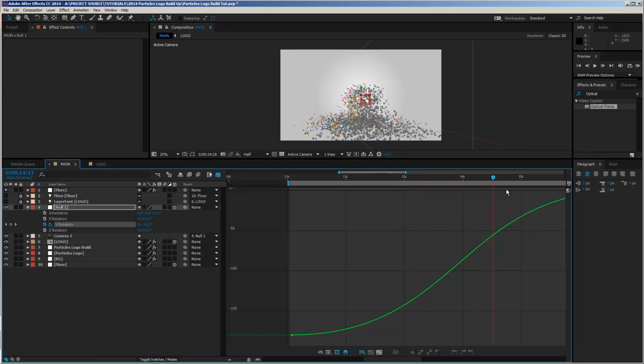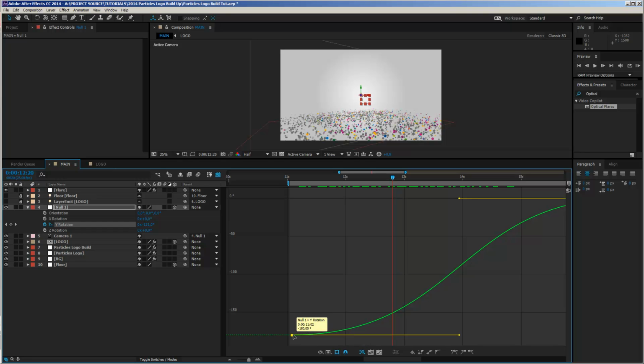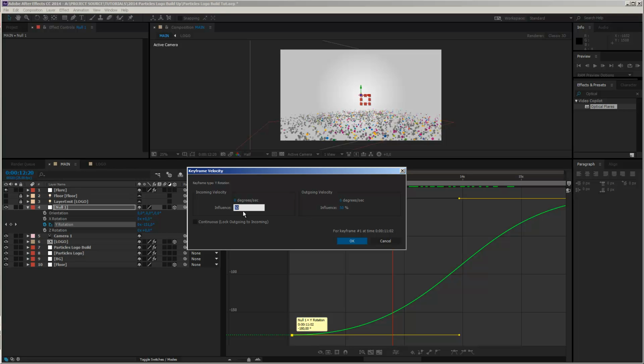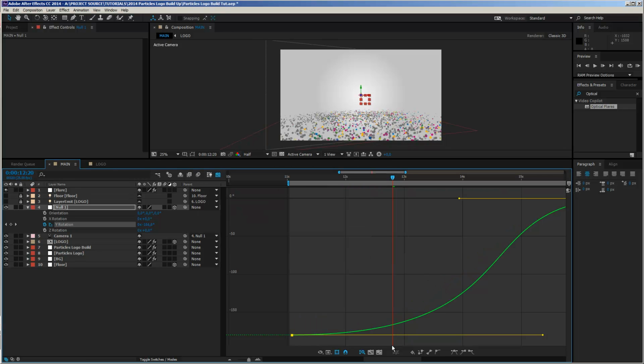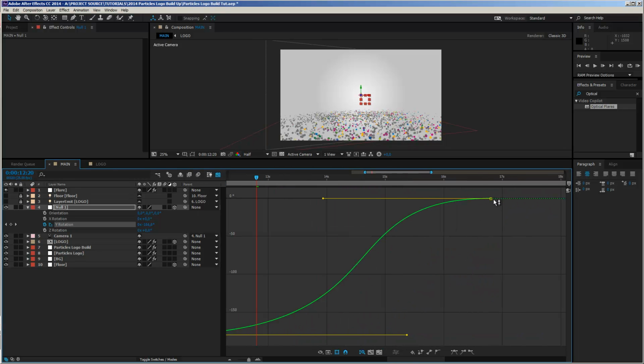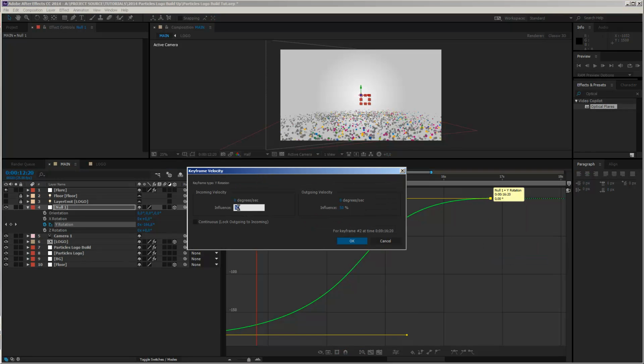It looks quite good, but it's not there yet. I want these to really, let's see, not 50%, but 75 maybe. And the same for this keyframe. So here, keyframe velocity, we set it to 75.